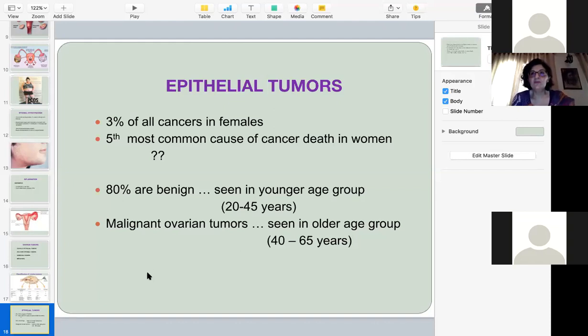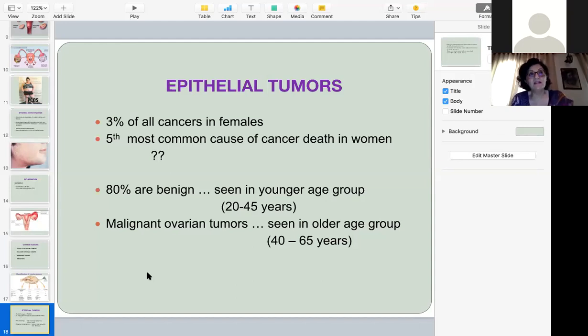If there is a tumor in the endometrium, it will lead to bleeding per vagina, abnormal bleeding. But an ovarian enlargement basically goes undetected for a long period of time until it becomes so large that it can be palpated or it metastasizes in the peritoneum. So that is the reason why it has a high morbidity and mortality, because it is detected much later, at a much later stage of the disease.